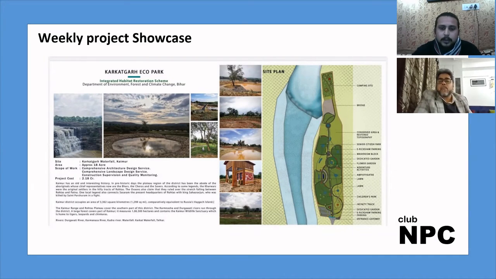So with the same concept, we made some ponds and channels in a park and connected them in such a way that they give us an interpretation of a stream. And also we have used some specific trees and plants to give it an interpretation of a forest.